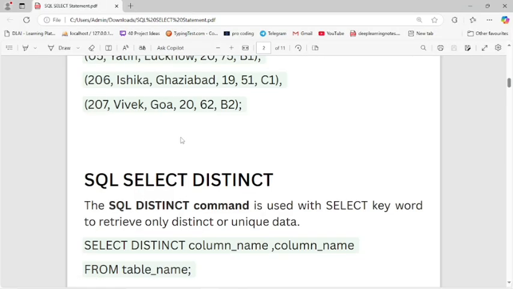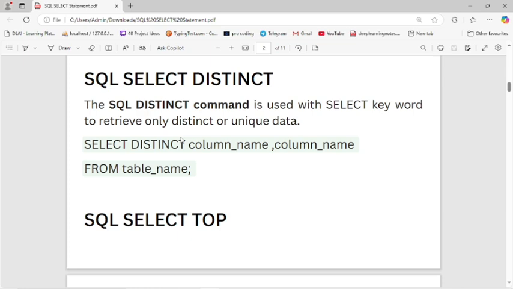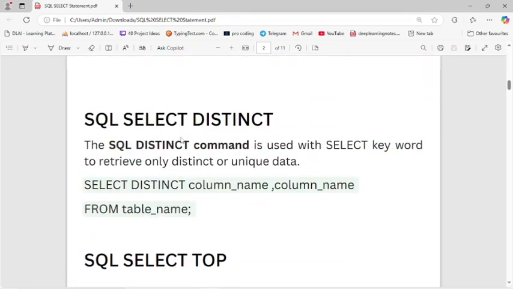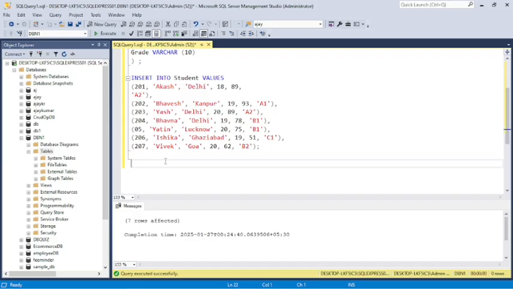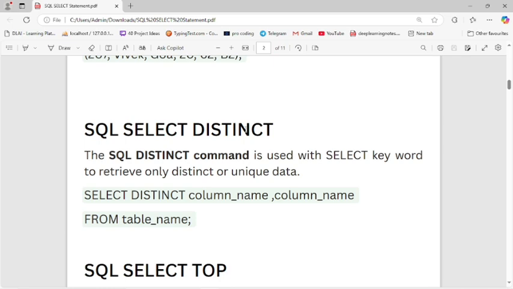Now let's start the next topic. I want to select the distinct rows from the table.